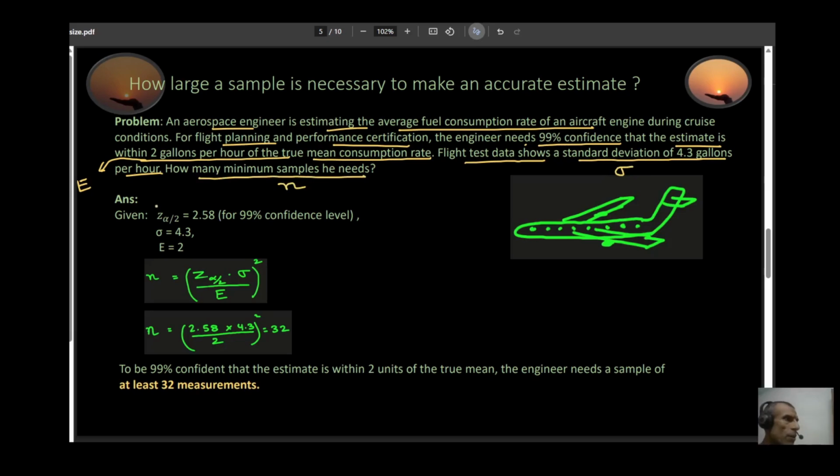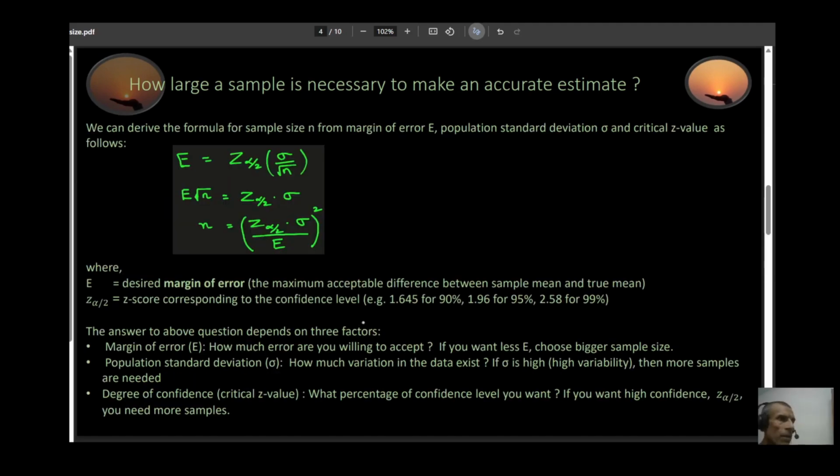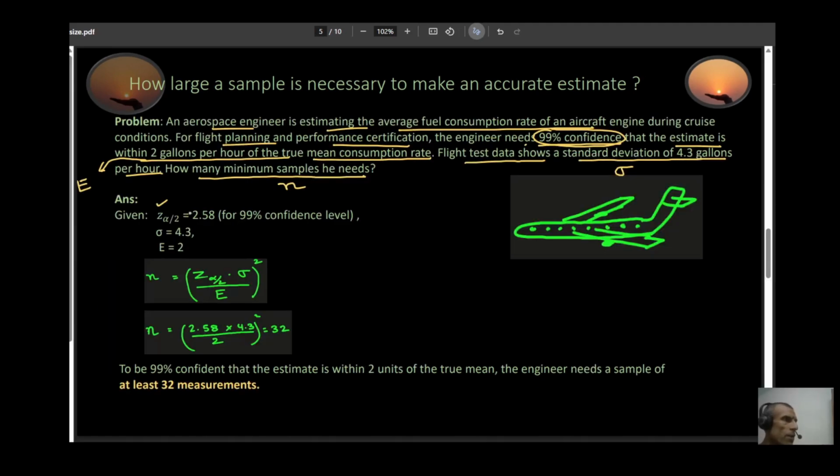In this case, I know my Z, right? Because you know it's 99% confidence. So for 99% confidence, if you go back, the Z value was 2.58. So I know my Z is 2.58. I know my sigma is 4.3. It's given to you right here, standard deviation. And I know my E. The margin of error is 2, which is right here. So using this formula,